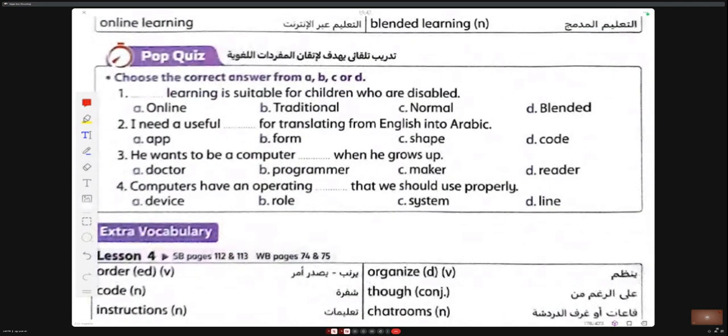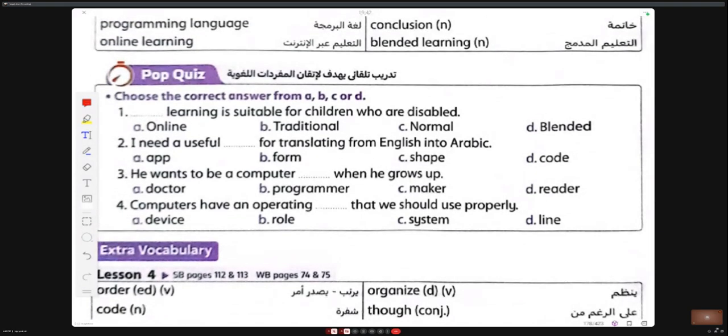Blended learning is suitable for children who are disabled. I need a useful app for translating from English into Arabic.